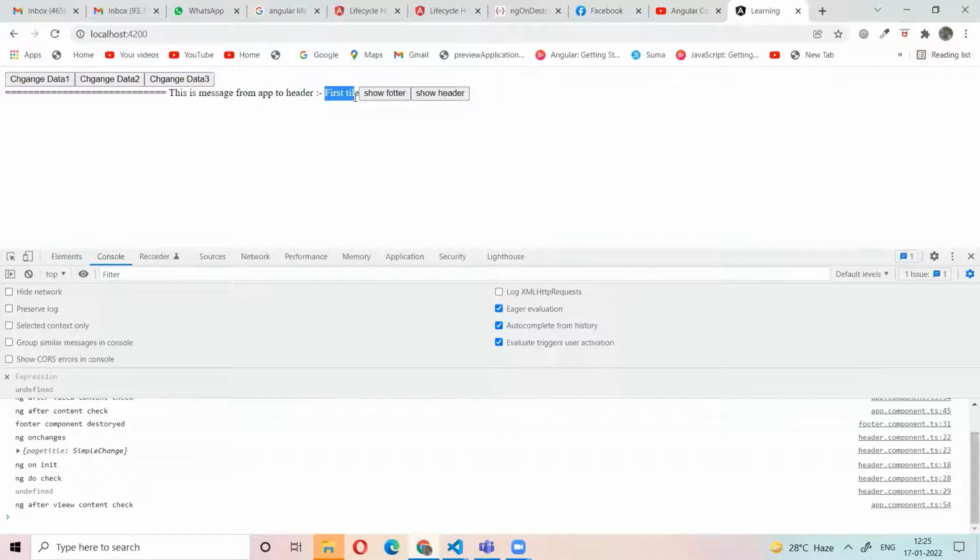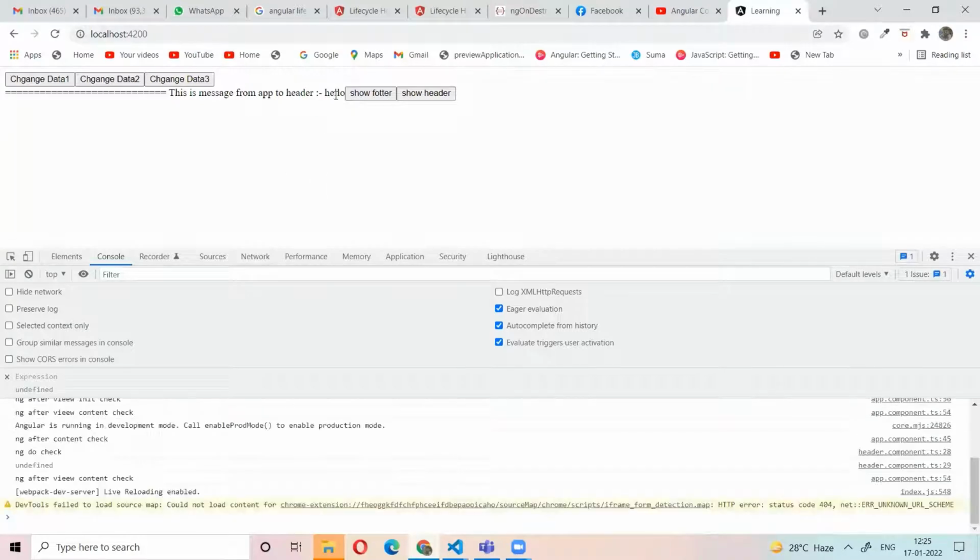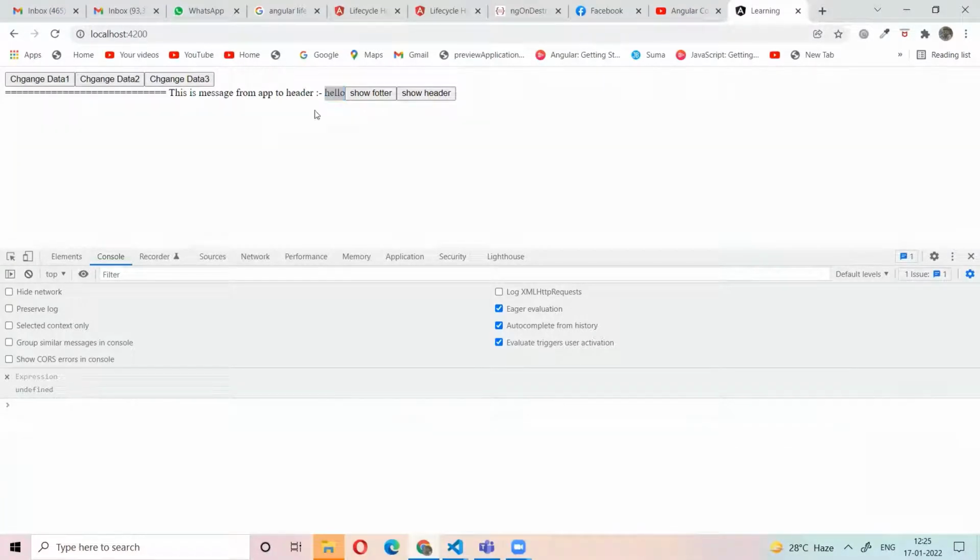Once the header component is loaded, what is the first variable value? The page title variable is "Hello", right? If we load this component again, this data must be there.